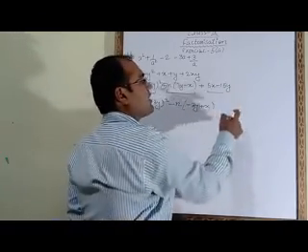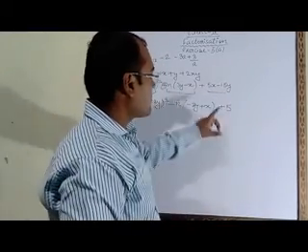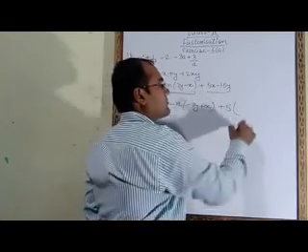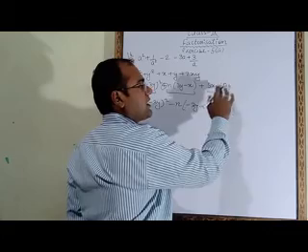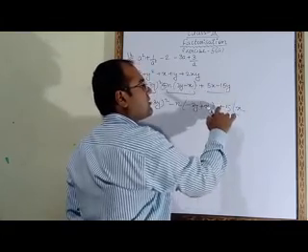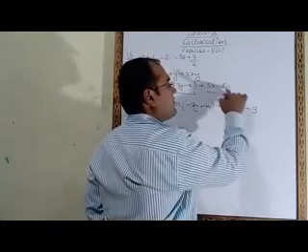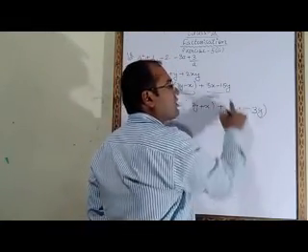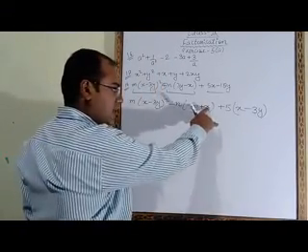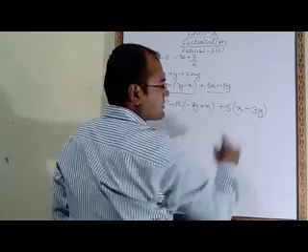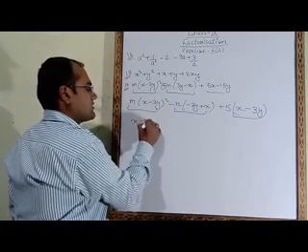Now from these two we have to take common. 5 we will take common, but we have to take the sign also. So plus 5 we will take common. Now after taking plus 5 common, plus and plus will become plus only, so no need to put a plus sign here. 5 we have taken common. What is the remaining here? X is remaining. Plus minus minus. 5 times 3 is 15, so 3 is remaining, and with 3 we will write y also, because y we have not taken common. Now you can check it. This is x minus 3y. This is also x minus 3y. This is also x minus 3y. So from these three terms we will take common x minus 3y.